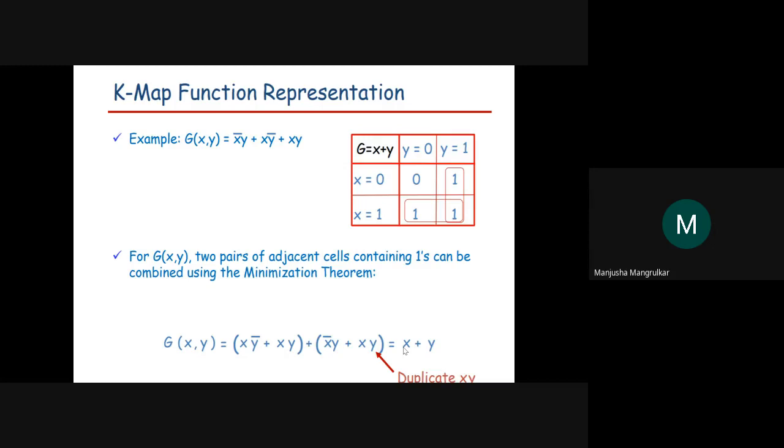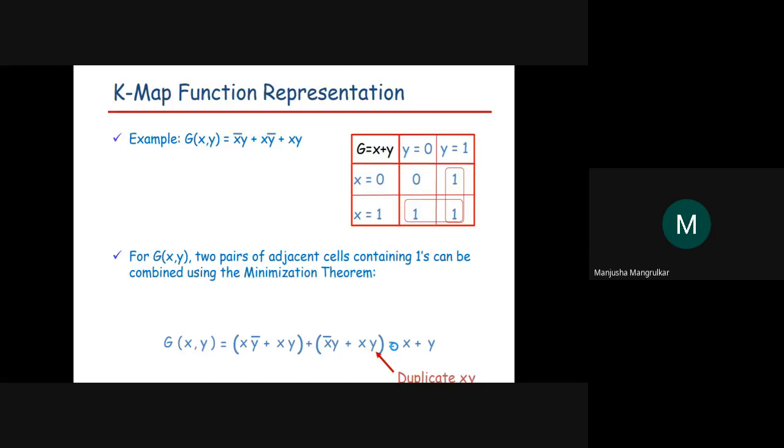logic gates for designing. The result will be the same, but we have minimized the AND gates and the OR gates. Instead of using three AND gates and two OR gates, we can use only one OR gate for this expression. So by using this K-map, we have reduced it very easily. Otherwise we need to keep in mind and use all the theorems of Boolean expressions, remembering all 11 theorems and where we are going to use them, right?